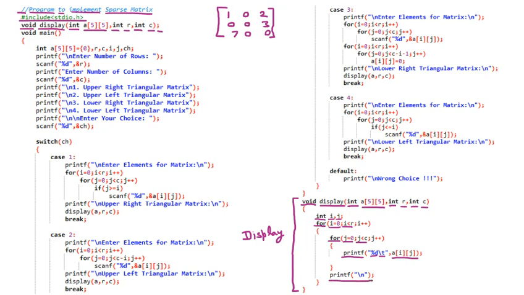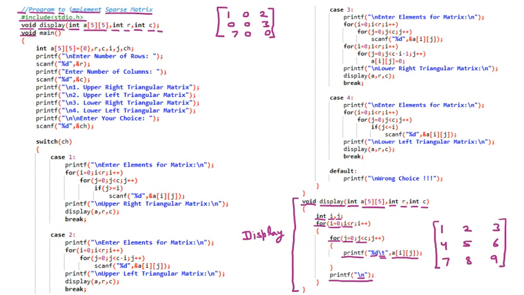Let us suppose I have to display 1, then a tab space, so this \t is working: 1 tab space 2, then another tab space 3, then the new line works, 4 tab space 5, 6, then new line 7, 8, 9. This is the example I have given you. If we have to display some matrix this way, then this code will help us. So this particular portion of the function is for displaying only. Any a[i][j] we are going to display with the help of this. So this was the function. Now afterward we are going to see the code.